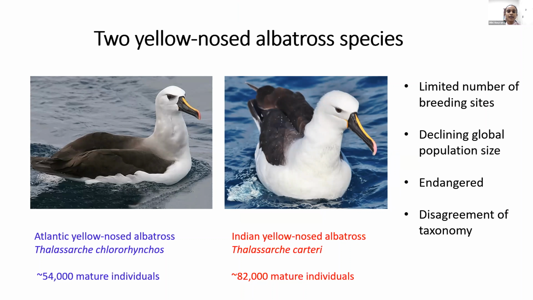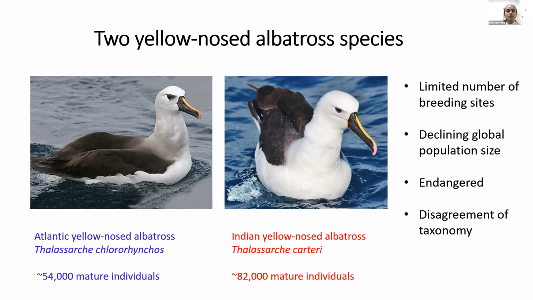The IUCN has identified both Atlantic and Indian yellow-nosed albatrosses as endangered, and there's a disagreement in the taxonomy of the two species, because some taxonomies identify these two groups as two different species, while